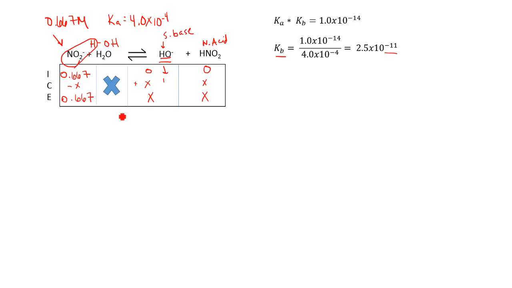Now I can plug into a Kb expression. So 2.5 times 10 to the negative 11th is my Kb. That's going to be equal to X squared over my initial concentration. Remind yourself here that X is hydroxide. If you use a Kb, you're probably finding your hydroxide concentration. So when we find X, I can multiply those, take the square root. I found X to be equal to 4.06